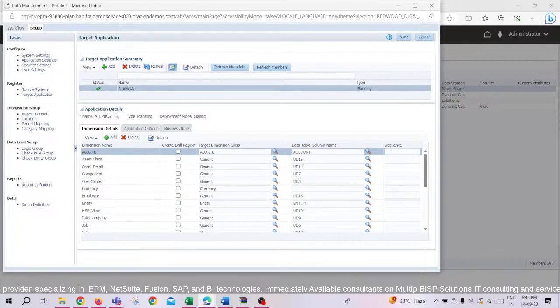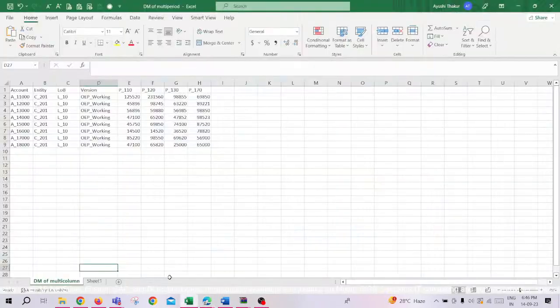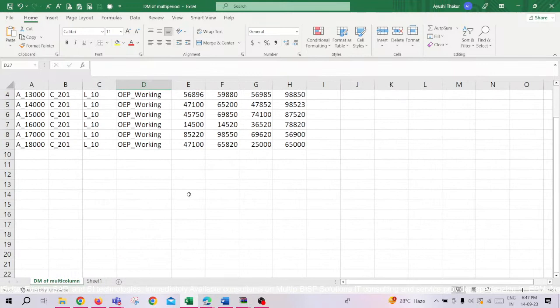After that, I'll go to the integration setup, then to the workflow, and we'll load the data file with the help of an Excel file. So I'll be loading data. My source is going to be my Excel file, so I'll take the source as file. Over here in my file you can see that I have